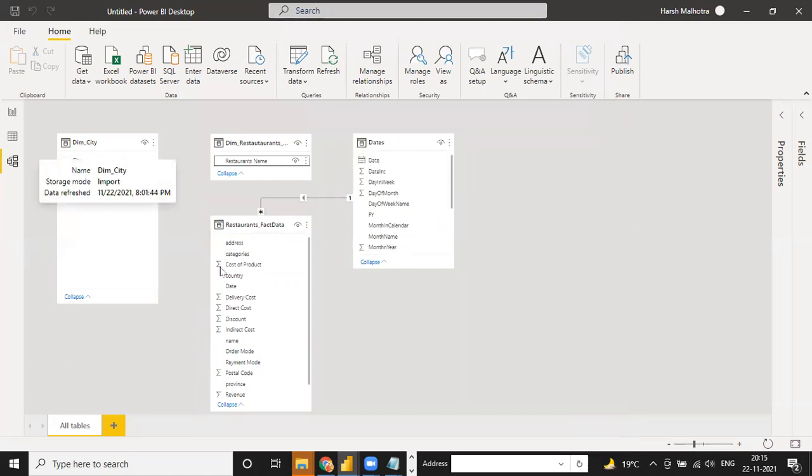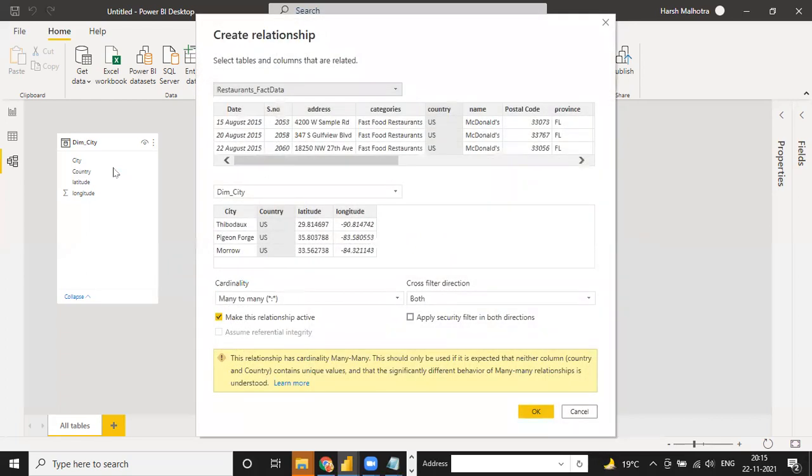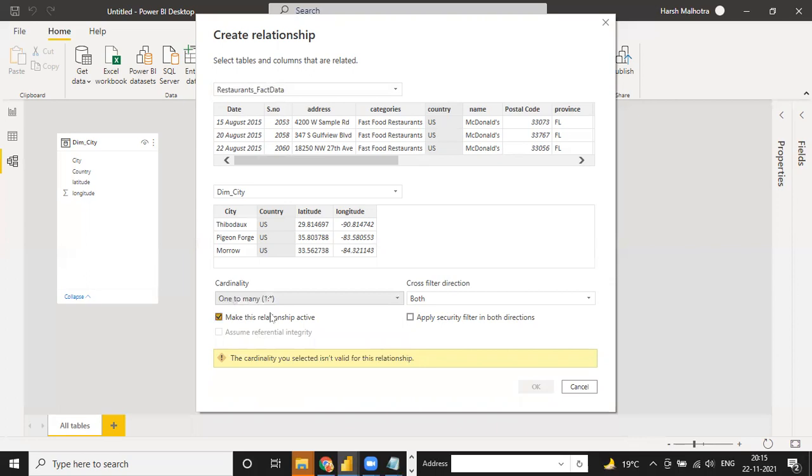First, I have to connect with city. Here is also the option of country, so you can select this country to country. You can select from one to many, and now the relationship is not many to one. This one. Now this relationship is okay for this. What is the option? Sorry, country.